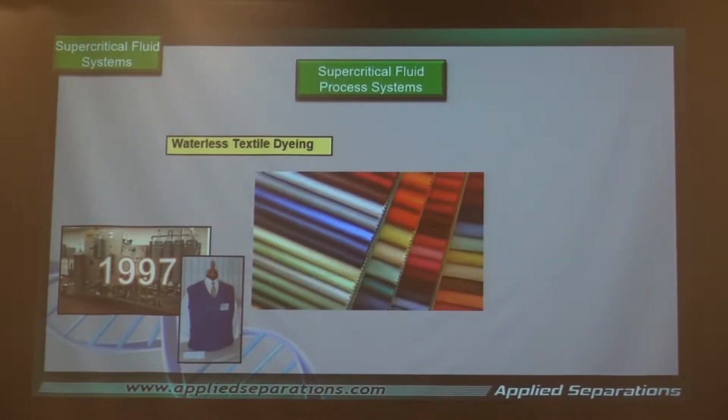We have a big effort right now in waterless textile dyeing. That is, the fabric goes in dry, it is dyed with supercritical CO2, and then it comes out perfectly dry. We have a big effort doing that right now. It seems rather unusual, but now instead of doing an extraction, and this is the important part of this, we are not doing an extraction, we are dissolving the dye in the supercritical fluid, and it is then being deposited in the textile. Completely, totally environmentally friendly. It uses no water.